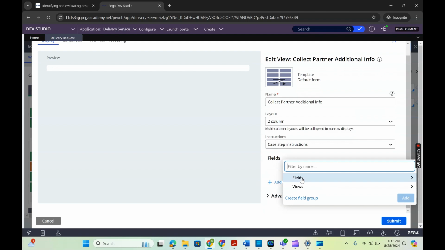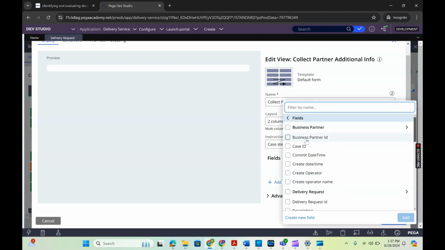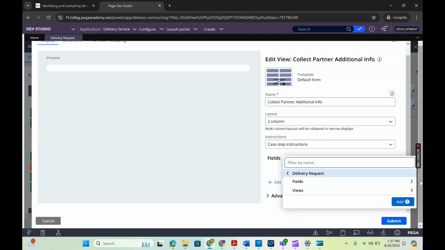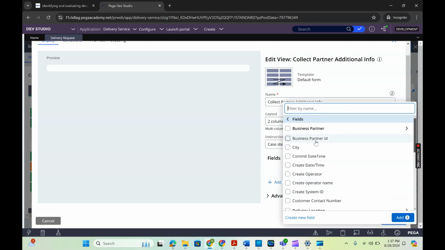We have an option to add a field to the view, or even if you want to include some other view into this view, we can add it. And this is how we have a view here. For example, I'm in the delivery request, right? So I need to include the delivery request details like city, commit date, and so for example I'm adding 4 fields from here.